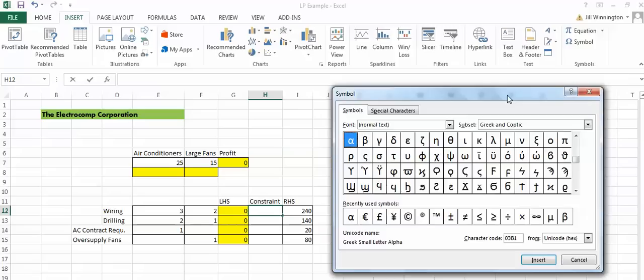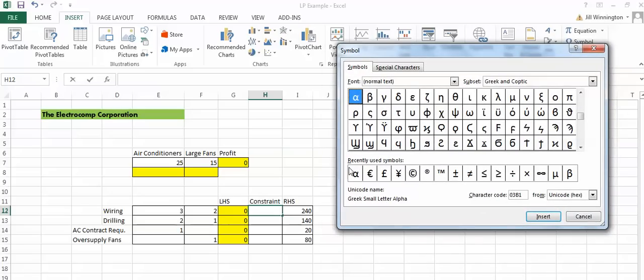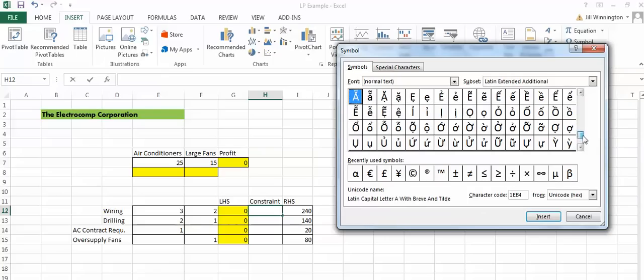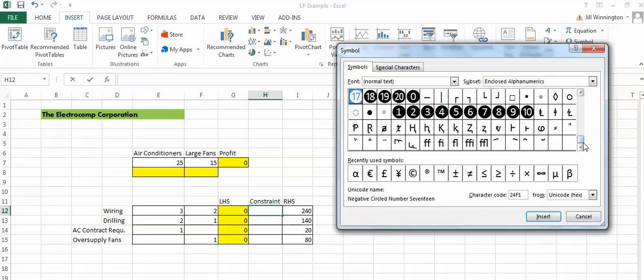Now, the symbols that you most recently used come up in the bottom. So I'm kind of lucky because often I use the signs here, so they're coming up in there. So if not, you can just scroll here and find those within all of the symbols that are in the